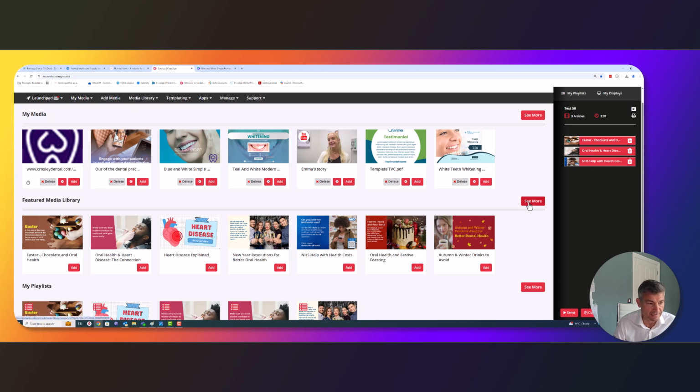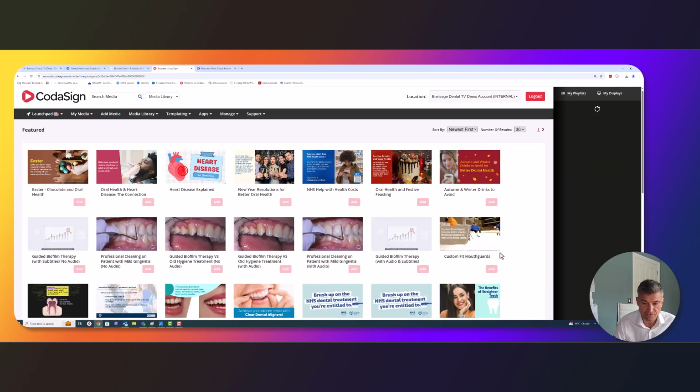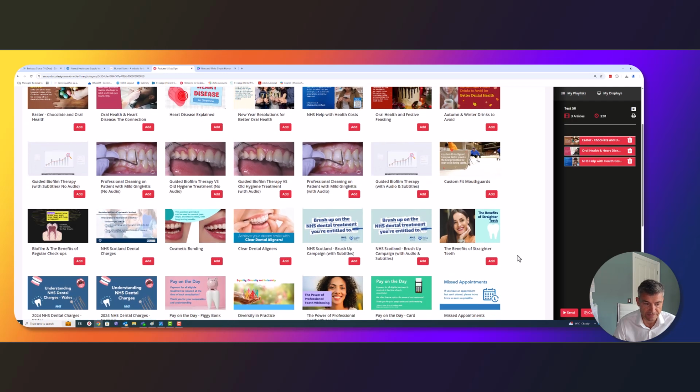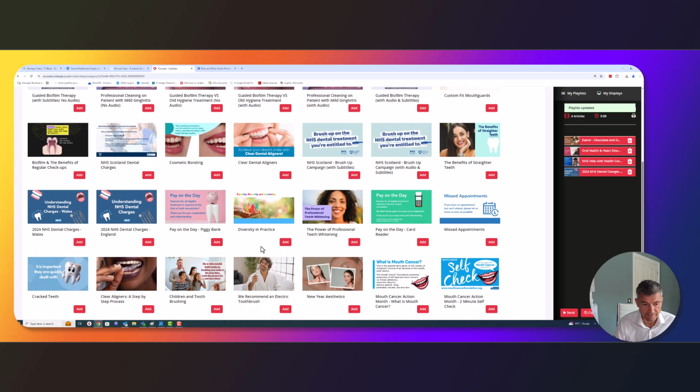I can look at my list of media content, my videos, chronologically by clicking on the See More button, and I can see 12 items on a page, or I can bring it to 36, and there are hundreds and hundreds of items of content. So there's that understanding NHS charges, makes it very clear. Things like diversity in practice, missed appointments,